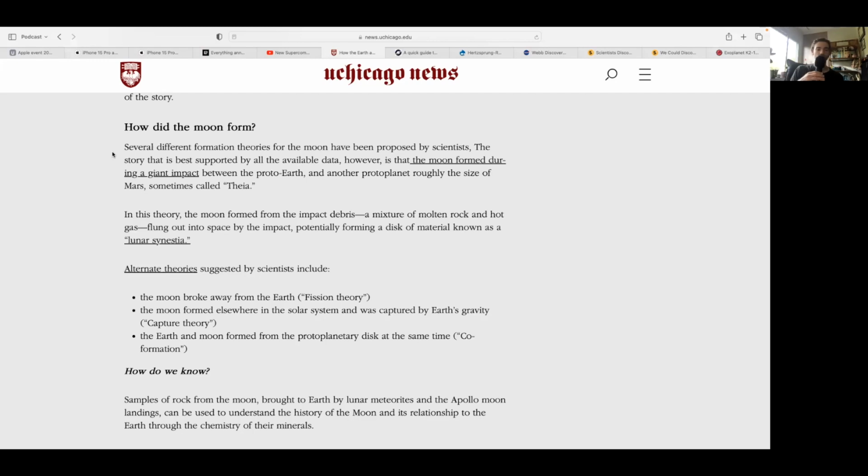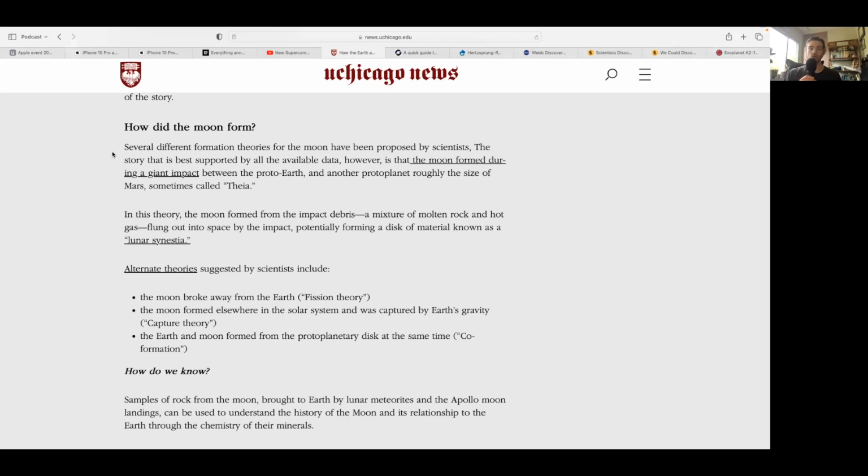So, a very early version of Earth was chilling out there, rotating in orbit around our sun. And due to the gravitational force of our home planet, Earth, it brought a foreign object, what they list here as a protoplanet, which basically just means a smaller planet that doesn't have like an atmosphere or anything. It's basically just a giant rock roaming throughout space. And then it got pulled into the gravity of